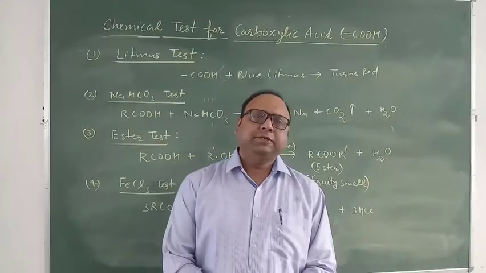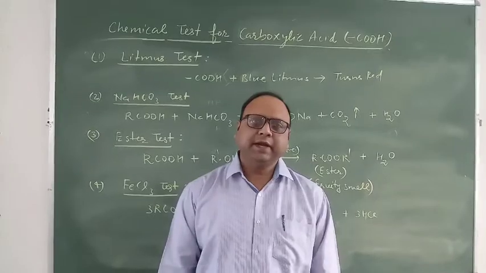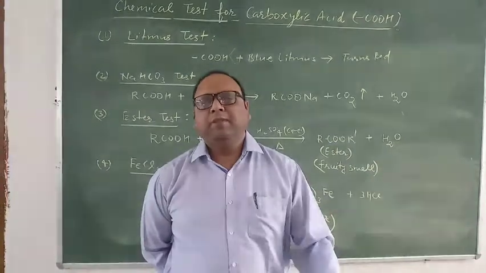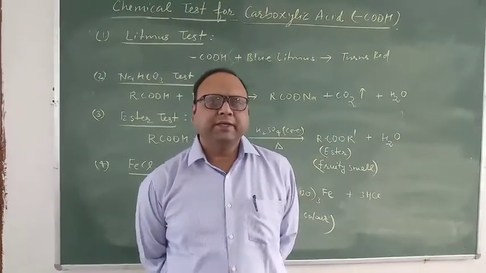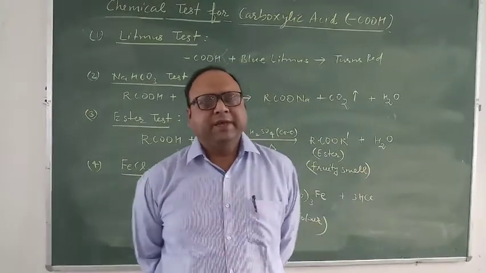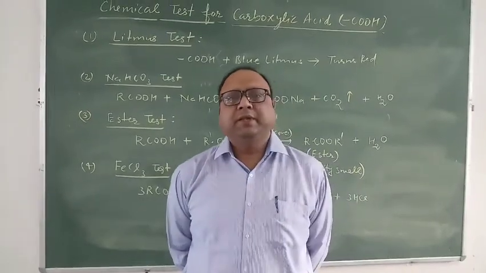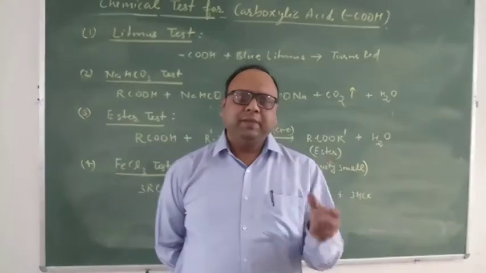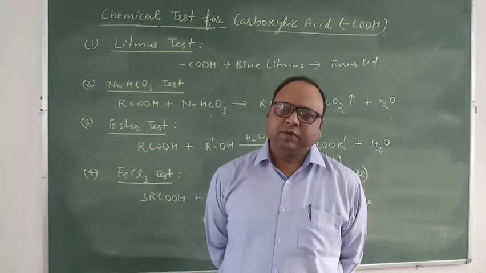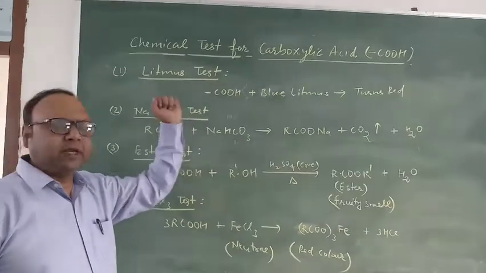Students, now we have to start the fourth practical of organic chemistry, that is the carboxylic acid identification. In your syllabus, carboxylic acid is taken in the form of acetic acid, that is glacial acetic acid, or in the form of benzoic acid crystals. If acetic acid is taken, then it will be in the liquid form, and if benzoic acid is taken, it will be in the crystalline form. These crystals will be soluble in hot water, then the test will start. Okay, here look, first of all we have to use the litmus test for a carboxylic acid.